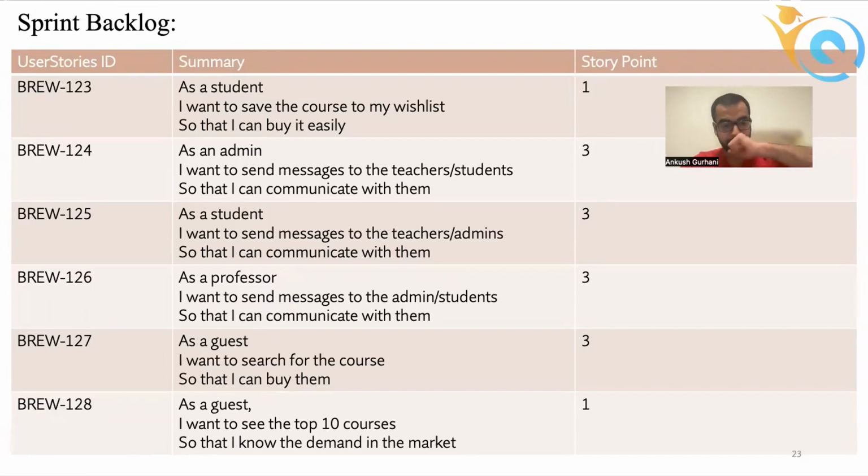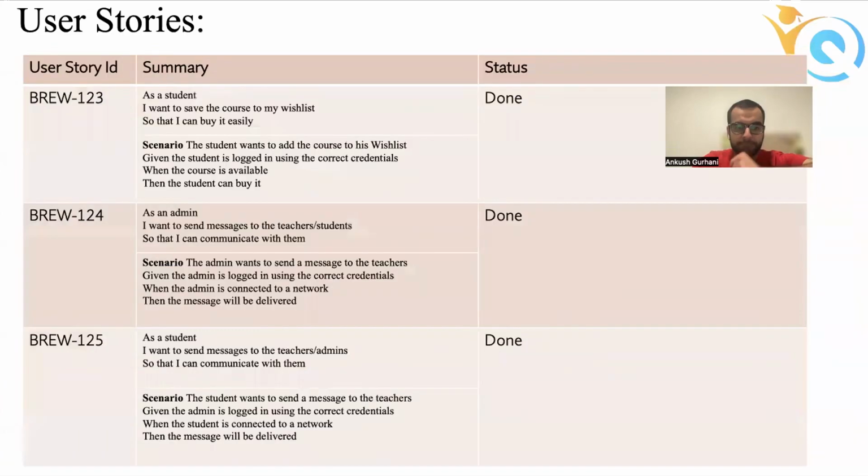The fifth user story that we're going to make is the guest can come onto the web app and look for the search and look for the course, and they can save it in their wish list if they sign in. And they can also have a look at the top courses that are there as a guest. User stories and the acceptance criteria for all the 6 stories that were presented to you in the product backlog are as follows, with the appropriate user stories ID.